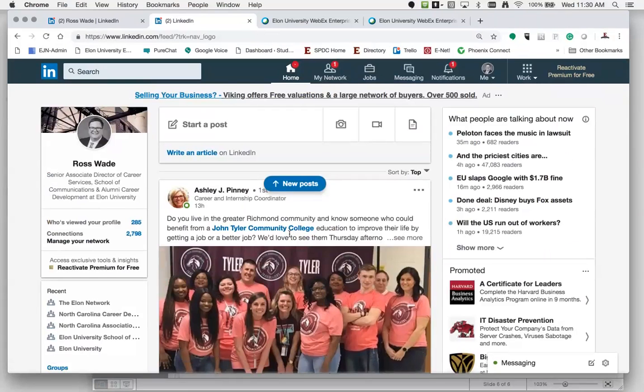And I say that because we want to show that you're being consistent and that you're engaged, but also to say that LinkedIn is always changing stuff. So you might log on one day and one button that was there yesterday is no longer there, or they've added a new feature, or they've taken away a feature. So I think creating a schedule can be really, really helpful just for your networking and your self-marketing, but also make sure you know what LinkedIn has changed.